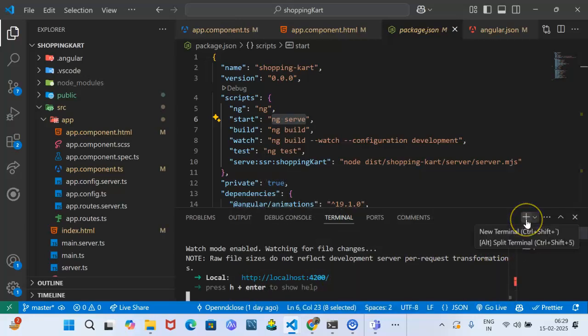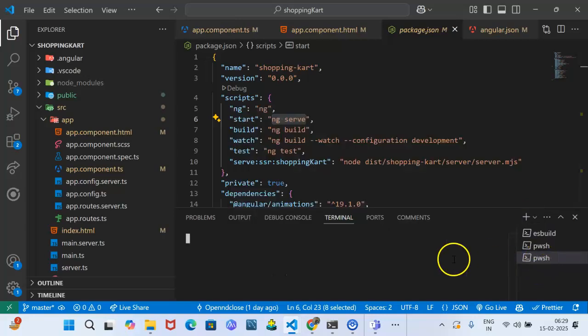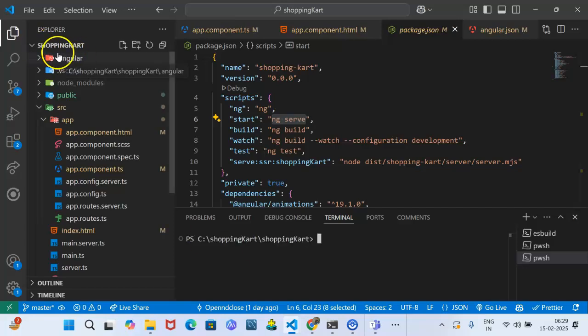So to add a new terminal, click on the terminal section, and see we have a plus icon here. When we click this plus icon, a new terminal will be opened in the linked directory. See here, this is the shopping cart. The same shopping cart folder will be opened in this terminal. So here we want to create one